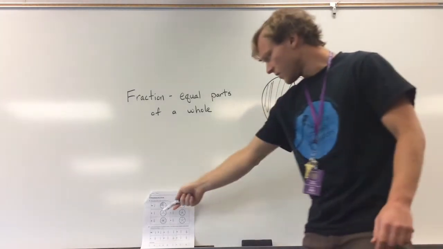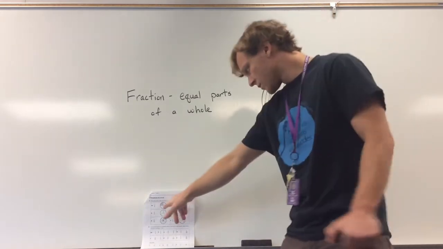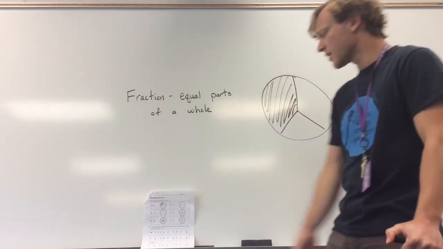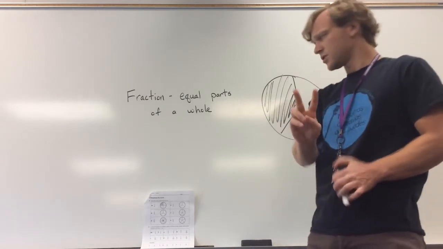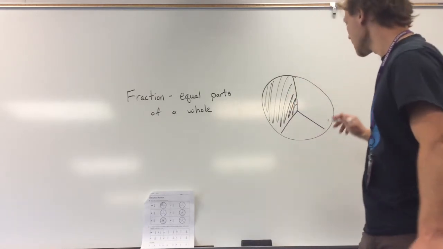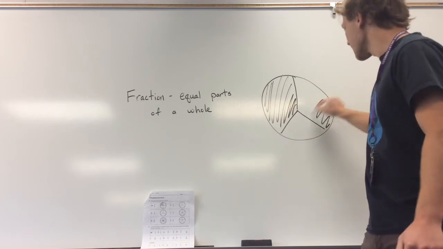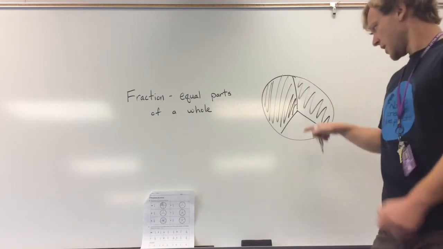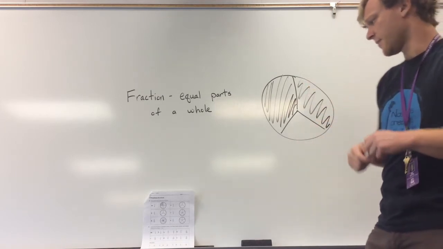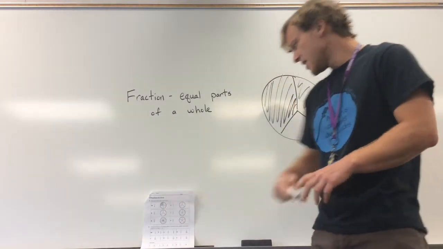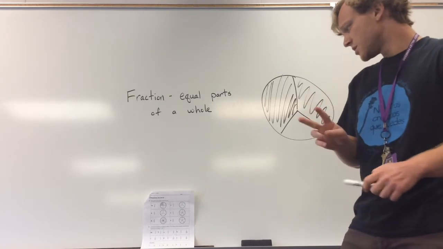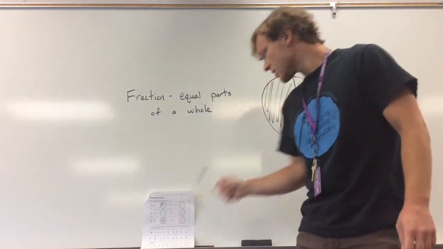Now on our next circle, it's still made up of 3 equal parts, but we're looking for how many of those parts, mathematicians? That's right, we're looking for 2 parts. So your circle could look like this, or you could shade in the other part that you didn't shade in there. After you complete C, D, and E, mathematicians, move on to question 2